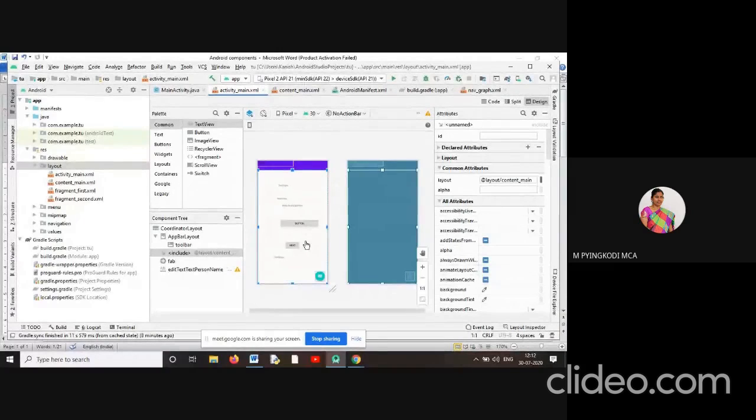Consider one more example, the camera app. After taking an image or a video using the camera app, it automatically asks whether this image or video is to be shared.